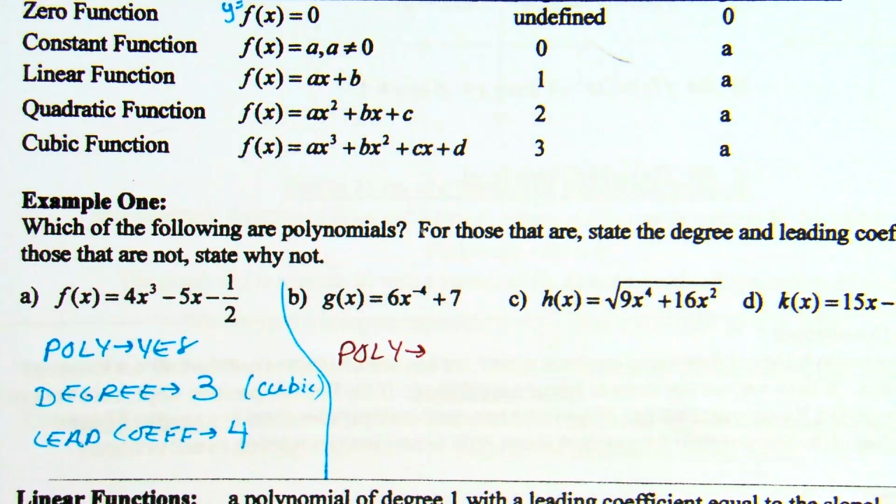Let's talk about linear functions. Although said slightly different, this information will be kind of old hat here. So first of all, a linear function is a polynomial of degree 1 with a leading coefficient, which is going to be equal to the slope. If we say f of x equals ax plus b, realize saying ax plus b is the same as saying y equals mx plus b. Now, side note here, the constant function is the graph of a horizontal line, like that, y equals a, and then vertical lines also are not functions. And this should say because they do not pass the